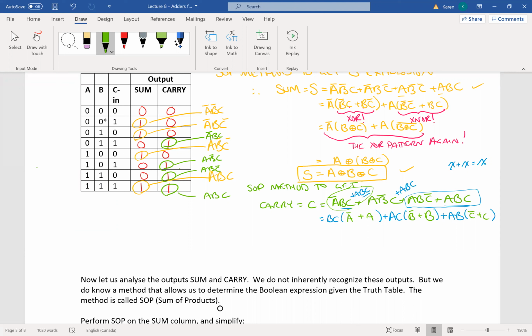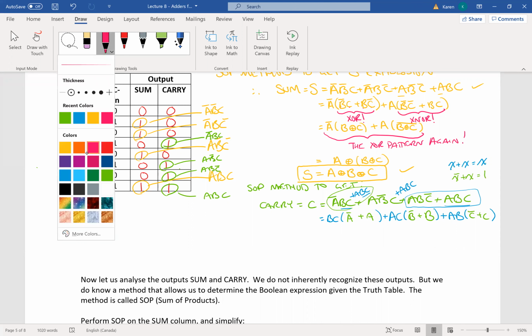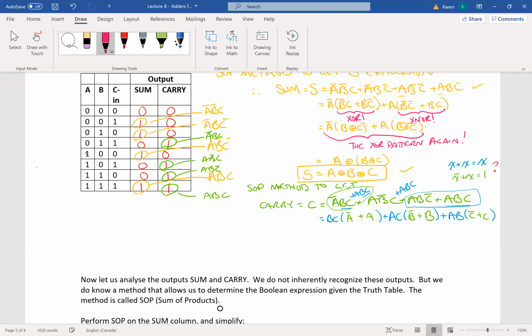And I know this Boolean theorem called X prime plus X, which means one or the other is going to be a 1. So the answer is going to be 1. And if you don't remember your Boolean theorems and you say, what is she doing over here? Then you need to go back to the videos about your Boolean theorems. So this turns to a 1, this turns to a 1, this turns to a 1,